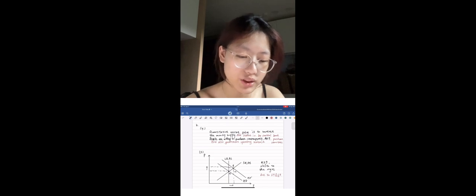Okay, let's get into the fourth question. Explain why the quantitative easing policy could increase aggregate demand. So for the fourth question, quantitative easing policy is to increase the money supply, just like I mentioned, and reduce the interest rate by the central bank purchasing securities. So people are willing to purchase, so we can know the consumption will rise, and also government spending will increase. So the aggregate demand will increase also.